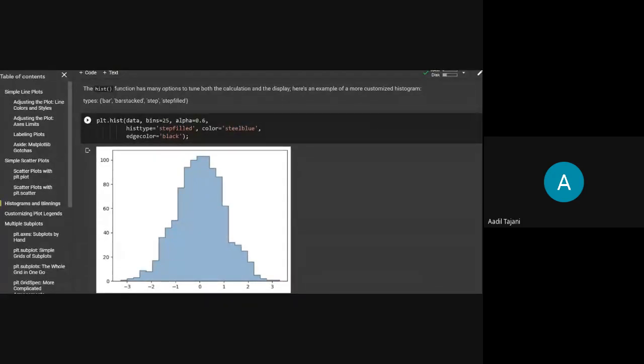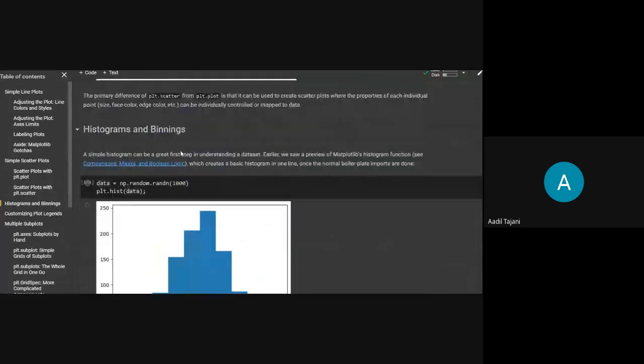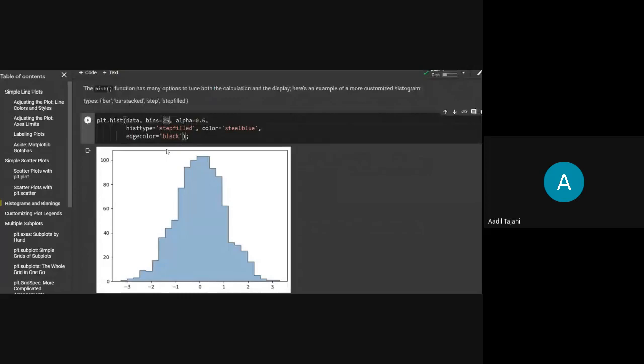Okay. So the main thing that you pass is the data. You pass the iterable, list, tuple, whatever it is, you pass the data. And one other argument is bins. Now, what bins is? Bins depicts that the data that you have passed, you want to divide the data into how many ranges. Okay. So by default, it will take the ranges according to the range of your data.